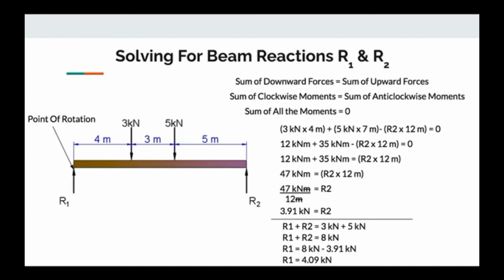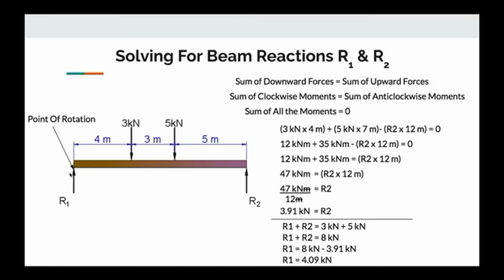As you can see here, in order to find the moments of R2, you'll have to find the entire length of the beam. The entire length of the beam is the measurement you'll use to find the moments of R2. So all you have to do, find the sum of all the moments of downward forces, divide it by the length of the beam, which is the distance of R2 from R1, and you will arrive at the answer. That is pretty simple. But for the sake of showing the working, we have to do all these steps to arrive at the sum of all the downward moments